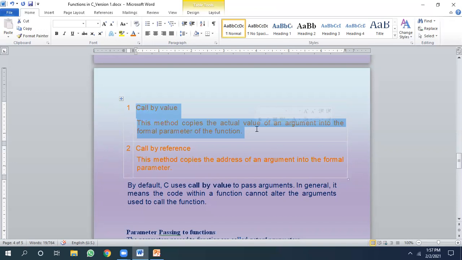In C, there is no such thing as call by reference. What we know as call by reference is actually call by address. We are passing the address and it is being received in a pointer. We call it call by reference in C, but in C++, call by reference and call by address become two different things because there is a concept of reference variable. That is not the case in C. By default, C uses call by value. Call by value is the natural thing.